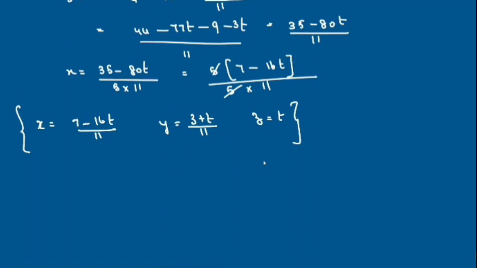So you get infinite solutions here because t belongs to, take t as some real number. When t is 0 you get one answer, right? When t is 1 you get another solution. When t is 2 you get the next set. So you get infinite solutions here. So this is how you find the infinite set of solutions.